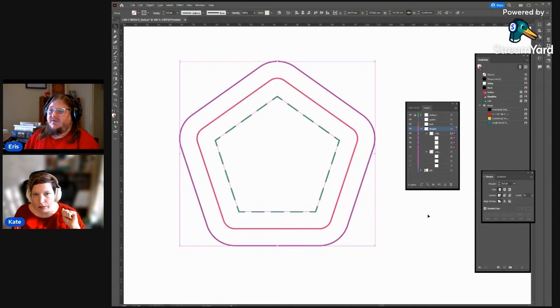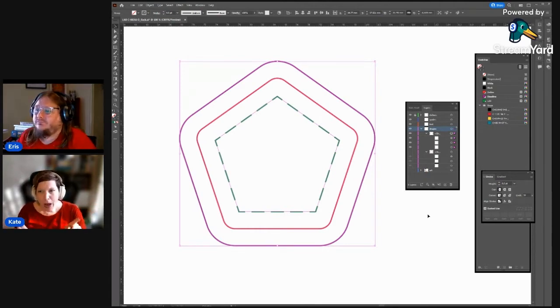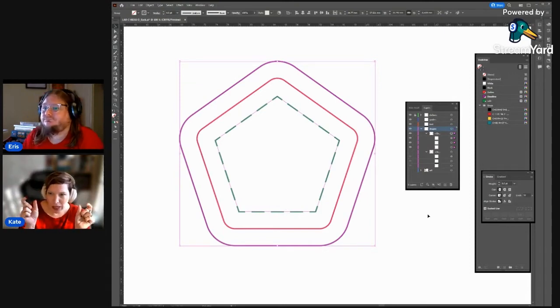It doesn't have to be rounded as well. It's fine. It's just if you want to ensure that everything gets printed that's important, don't go any further out than this line. That's all it's for. You could go a little bit out beyond it if you want, and it should be fine. You could probably go 1.5 millimeters out, and it'd probably be okay. But we tell people 3 millimeters because that's the worst case scenario.